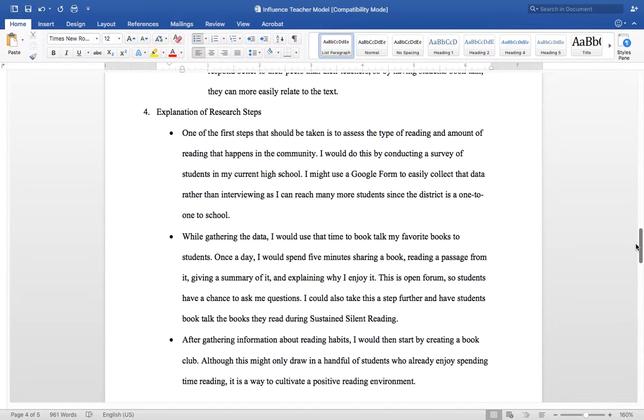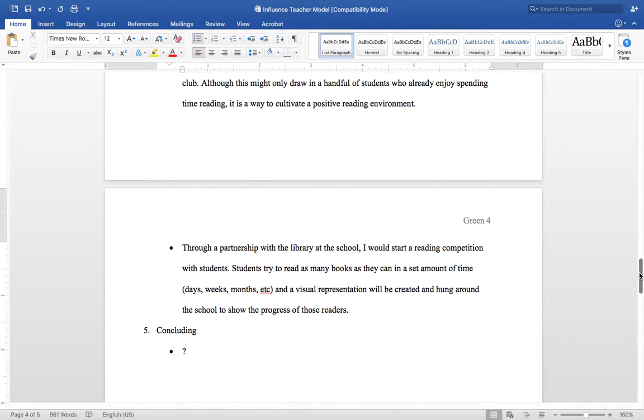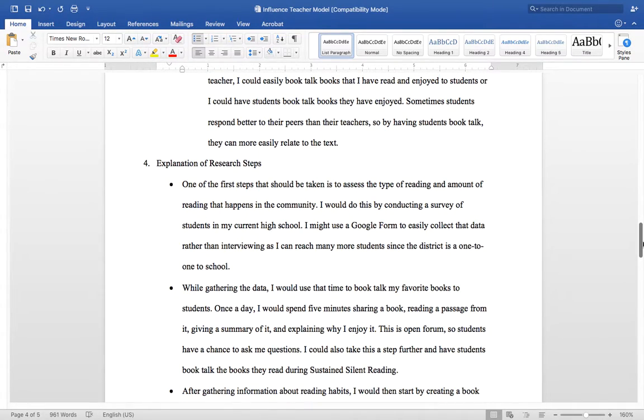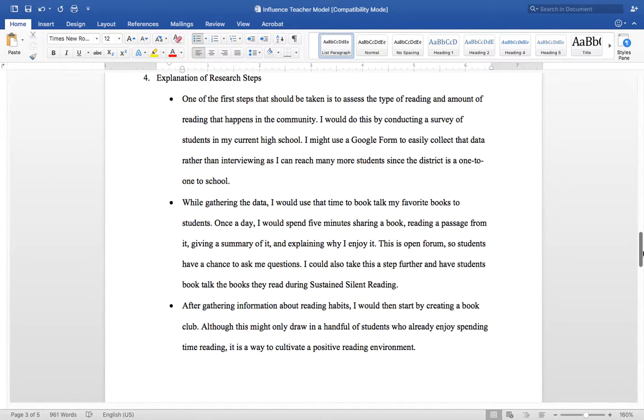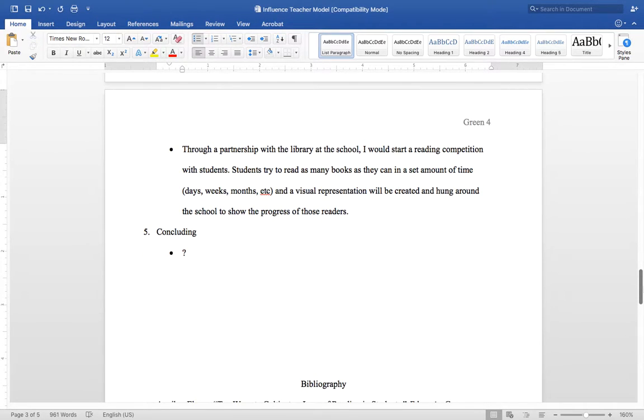So you want to come up with as many steps as possible. I would try to aim for at least 5 different steps that you plan on taking to combat the issue. Try to be thorough in your explanations for each of those steps. If you're not going to be as thorough, then you should have a minimum of 10. The more you put, the more likely you'll do well on this. And keep in mind, whoever has the best plan will be declared a winner.